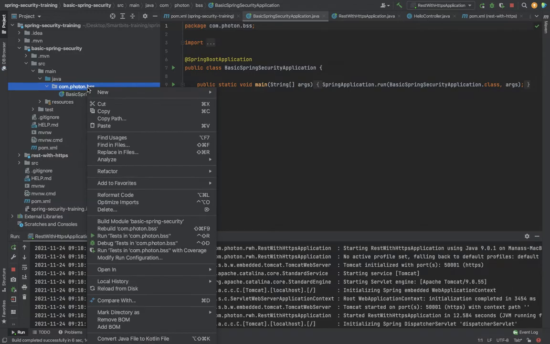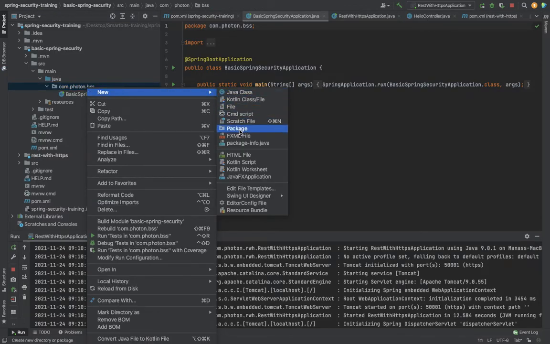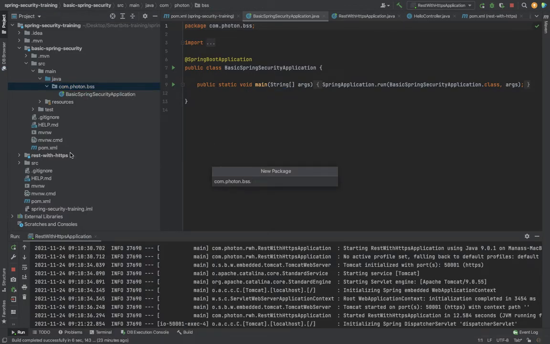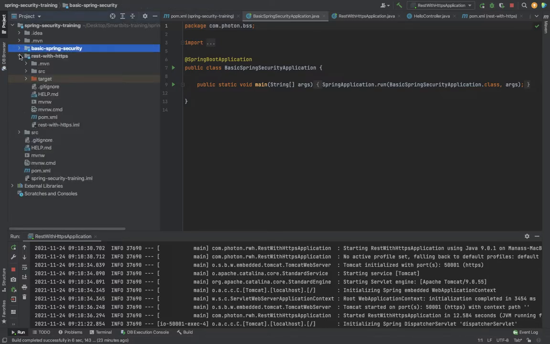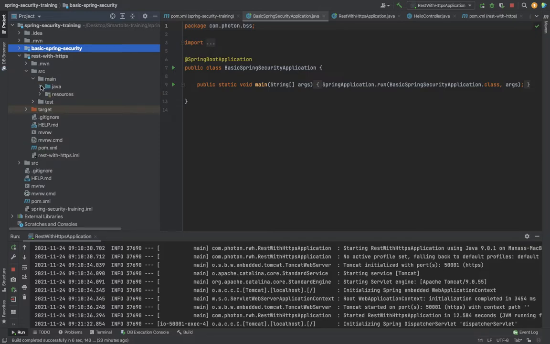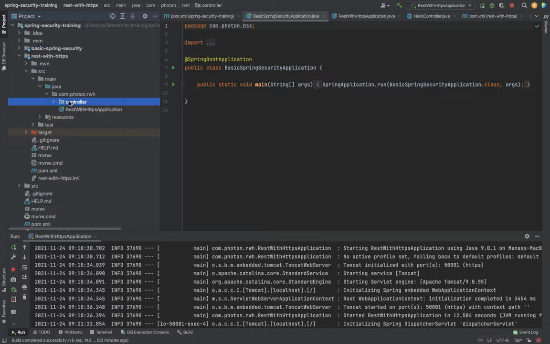You can copy the same controller. I'll just keep it here in another package, or you can copy from your previous project, the same thing, right? I will only change the message.